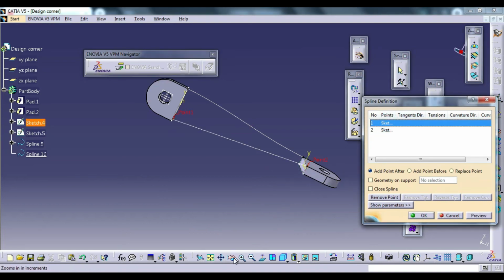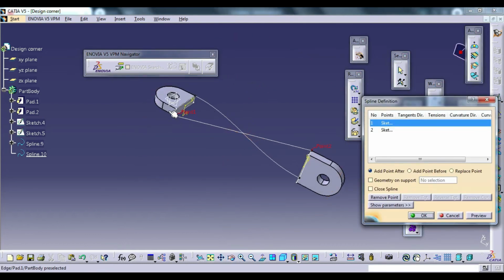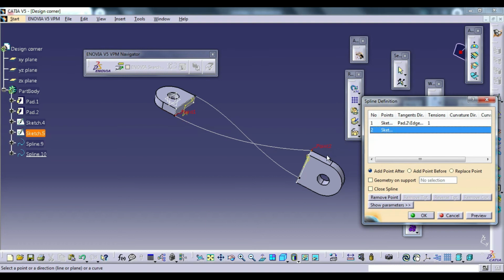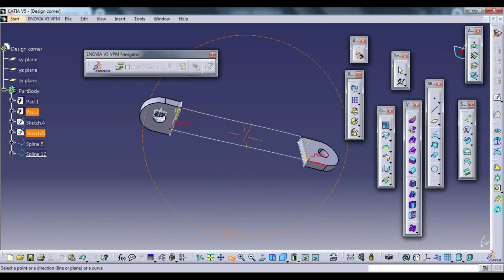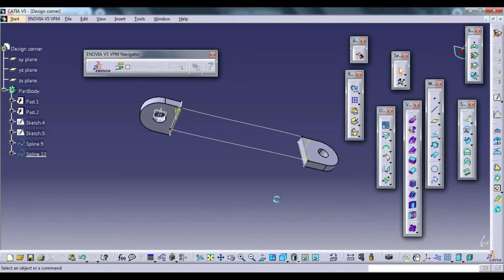Now you click this same sketch and click the paste line and click sketch 5 and click on this direction. Okay, completed. Now we have splines. Preview.